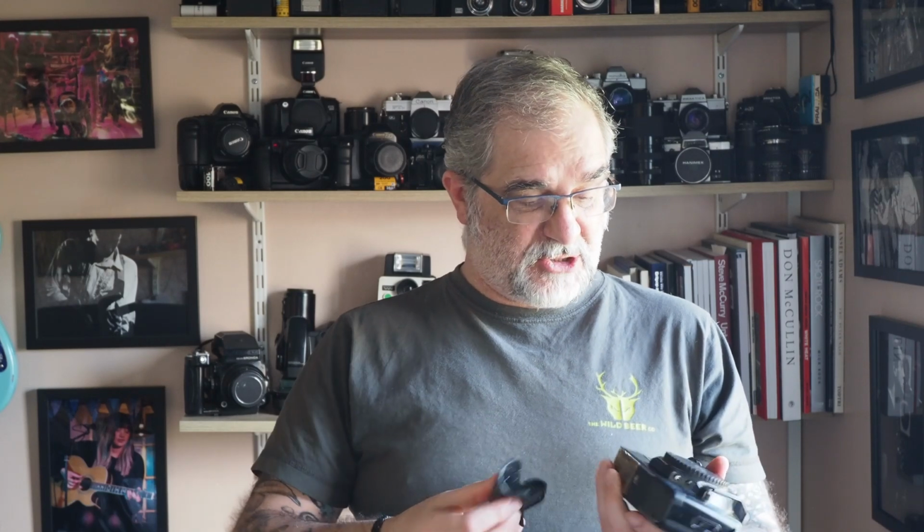Now, while I pop a battery in the 650, I'll tell you a little bit about it. Now, the 650 came out, if my memory serves me, in around about 1986 or 87. And this was a historic camera. Well, still is a historic camera. Ooh, it's got a battery in it. I very much doubt that that's working, but